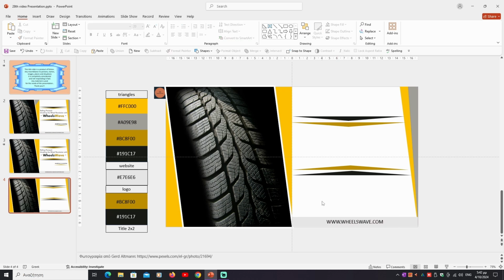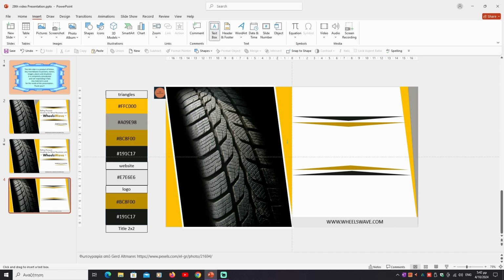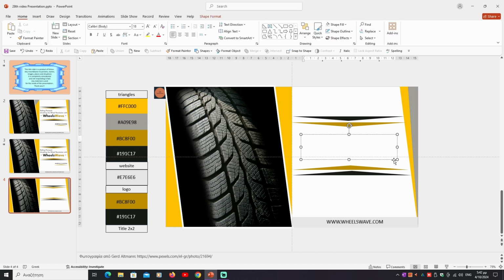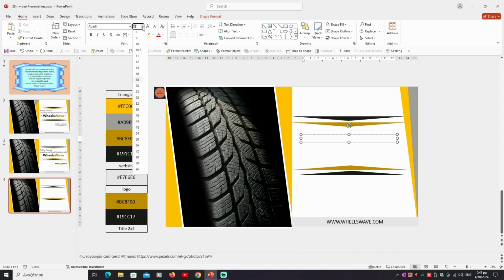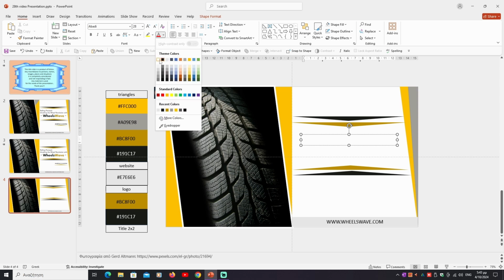We want to insert our title. We go to insert ribbon, we choose text box, click in the design area, drag and release it. Now we will write the title together with the name and the logo of the company. We want to choose a body font, size 28, and color with the second column, second in a row, and we write our title,